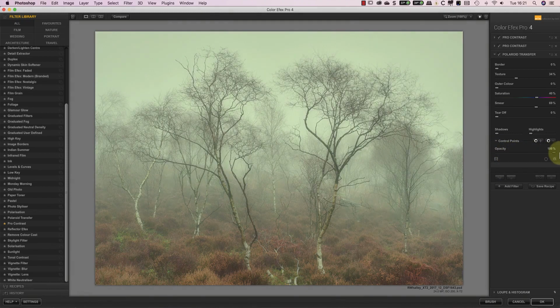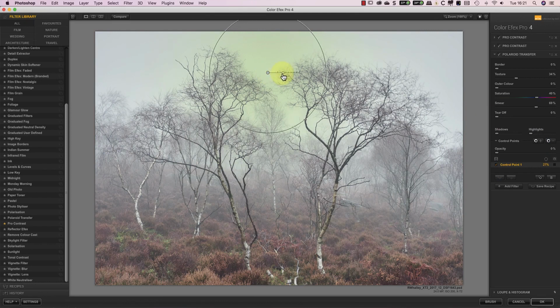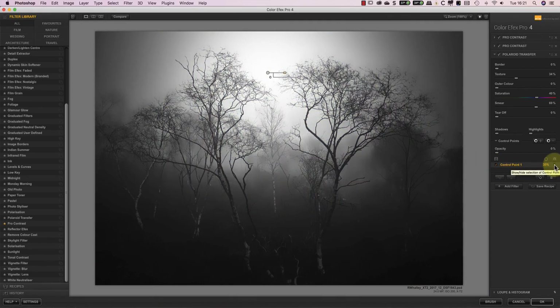Watch what happens when I add a positive control point. If you're not familiar with the Color Efex control points, this is how you control where the filter is applied to an image. When you use a plus control point, it applies the filter effect to that area. If I add a control point to the sky, I'm selecting that area. Now if you want to see what's being selected by a control point, click the View Mask option in the control point list. The area in white is what the control point has selected and where the filter is being